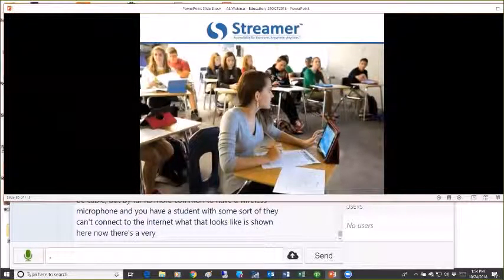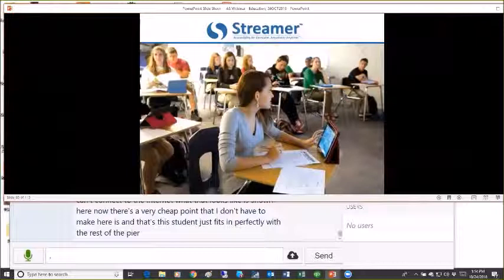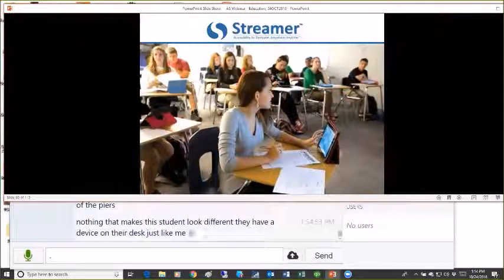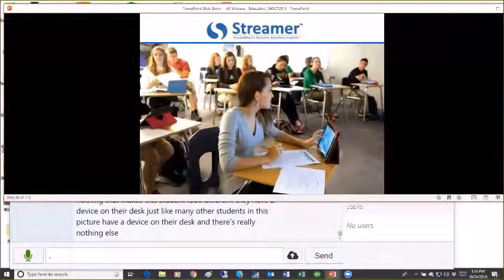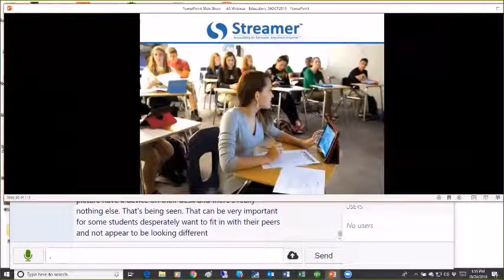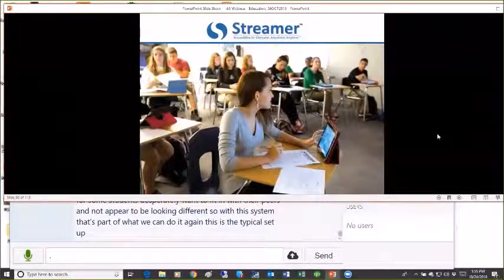Now there's a very key point that I want to make here, and that's this student just fits in perfectly with the rest of the peers. There is nothing that makes this student look different. They have a device on their desk, just like many other students in this picture have a device on their desk, and there's really nothing else that's being seen. That can be very important for some students. They desperately want to fit in with their peers and not appear to be looking different. So with this system, that's part of what we can do. Again, this is the typical setup where you just have some